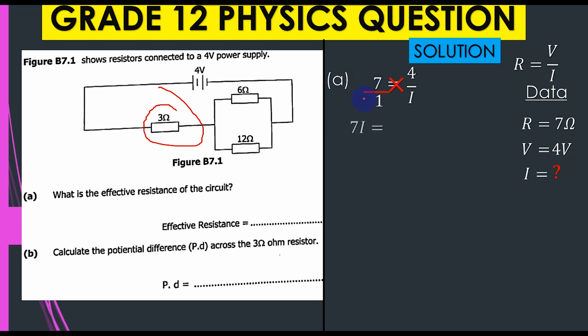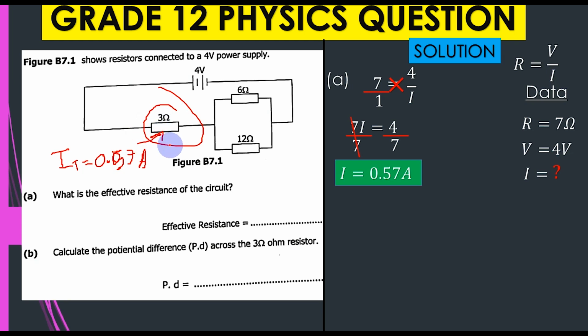Current times 7, that is 7I, equals 1 times 4, that's a 4. Divide by 7 on both sides. Then current will be equal to 0.57 amps. So this is the total current which is now running in the circuit. So the total current running in the circuit is 0.57 amps. This is the current which is running in the entire circuit, and that's the current which is